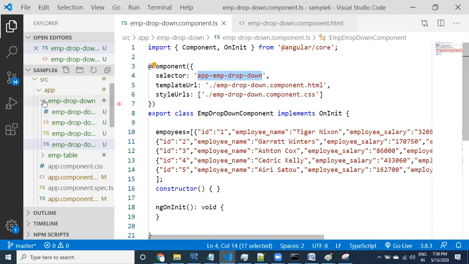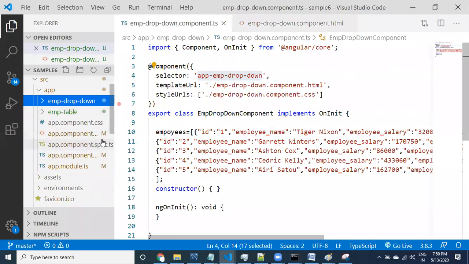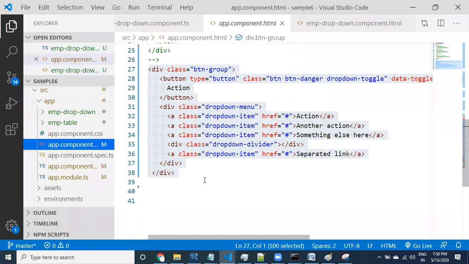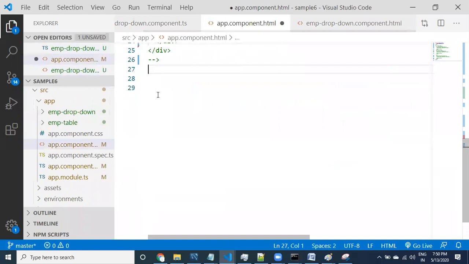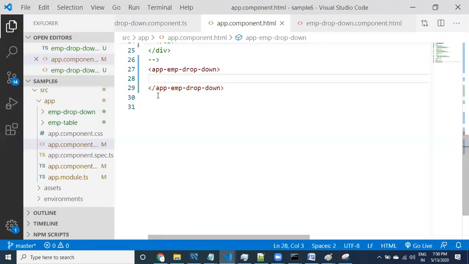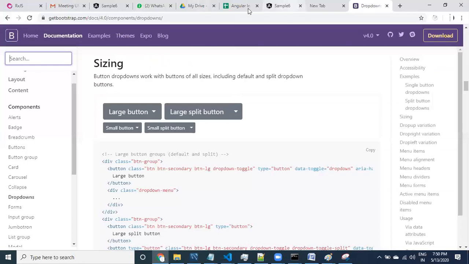Once the component has been created, you can go to the app component. From the app component, remove this code that I have copy pasted here. I'm going to copy this one. See here guys, I'm not providing any data for this. Why? Because data is already available in the drop down only, but that is tightly coupled. Now if you open this UI, you can open it like this.